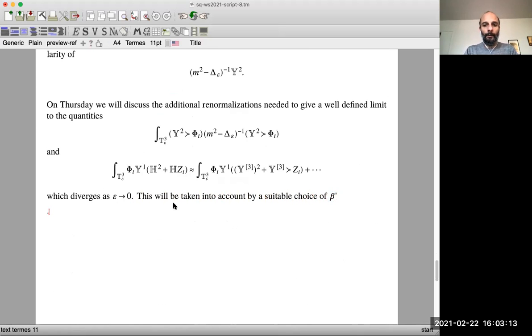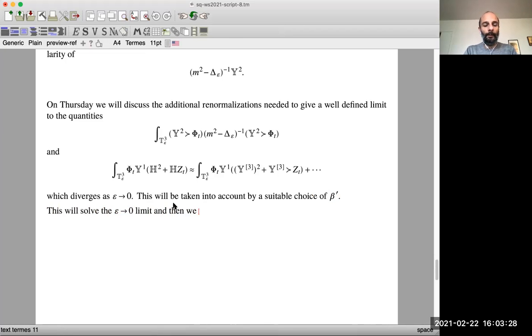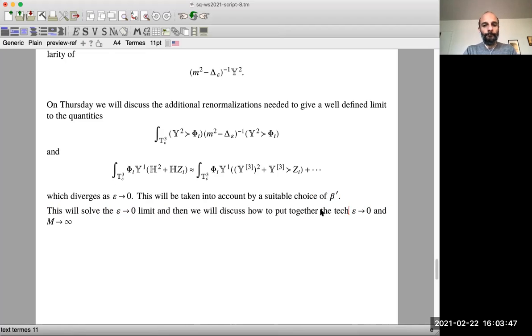As soon as we have good estimates, this will solve the epsilon to 0 limit, and then we will discuss how to put together the epsilon to 0 and m to infinity limits, the techniques to handle them. Okay, so let me